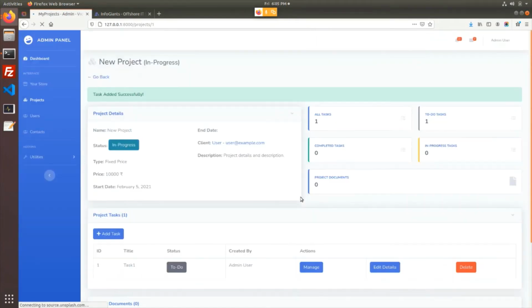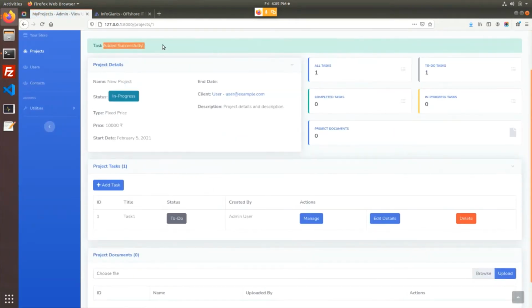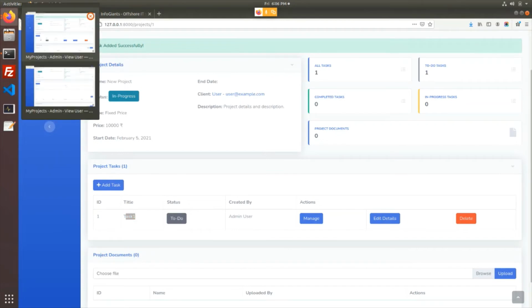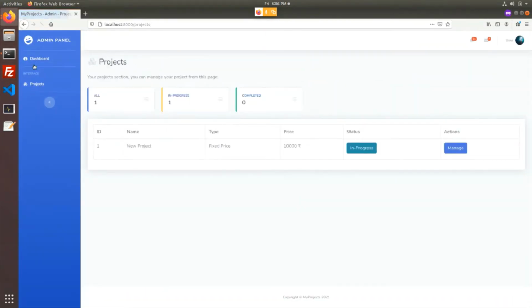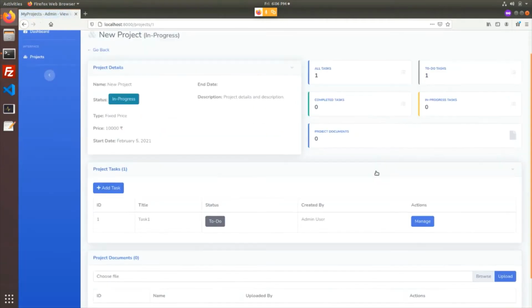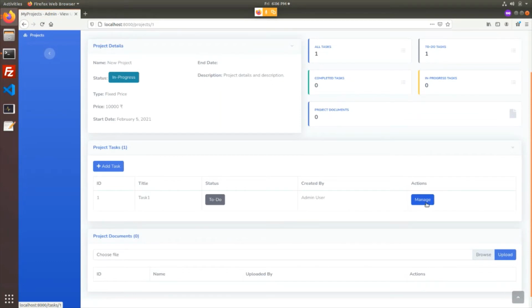So after that, we click on the save button. The task is added successfully. You see, since admin created this task, he sees all manage, edit, and delete options. If we see the same page for the client, like this is the client dashboard, projects, manage. He will be able to see only manage, and it is created by admin, not the client, so he can